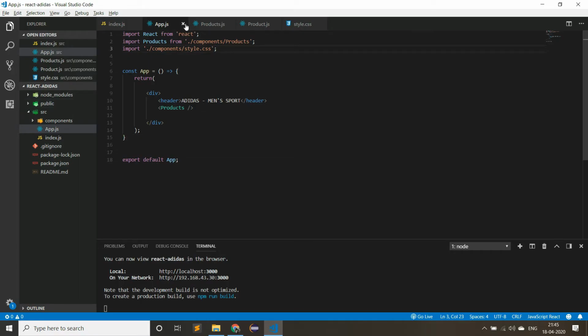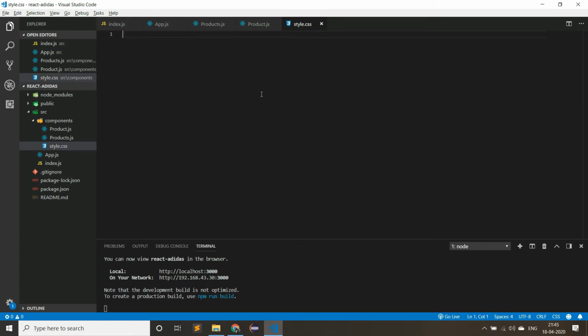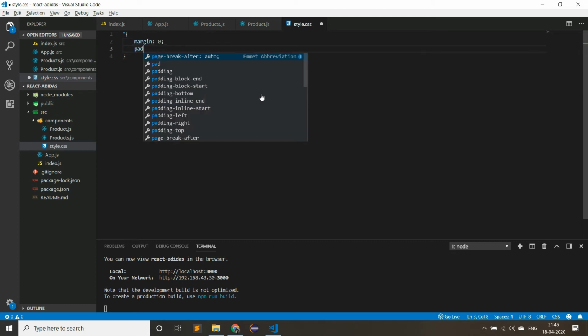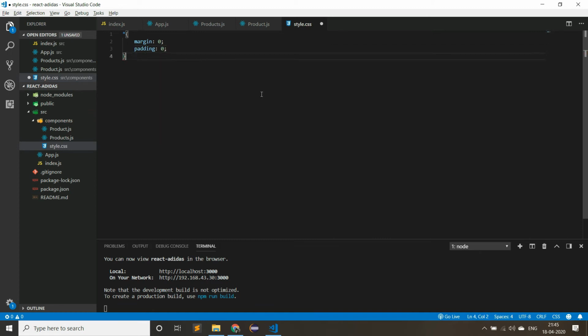Let us add styles in style.css. For that, first let us remove the margin and padding. Inside of that, margin equal to 0 and then padding equal to 0. Take the header.